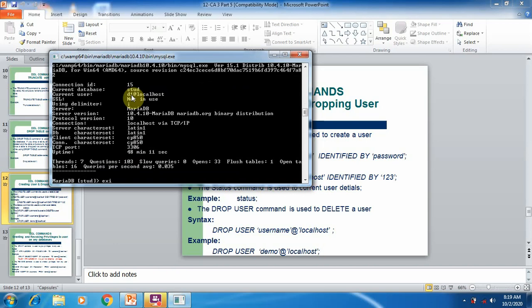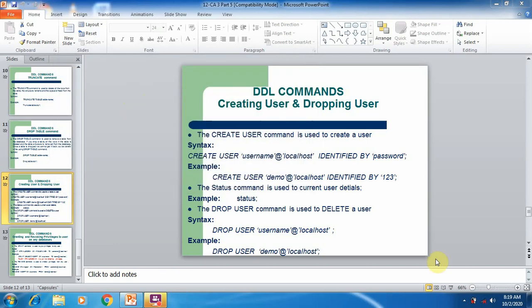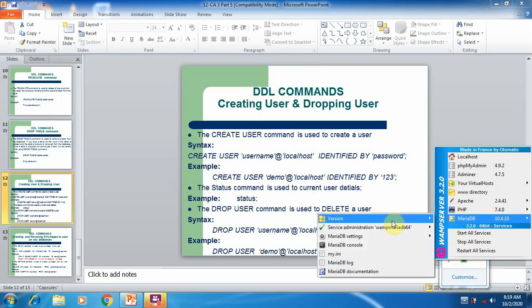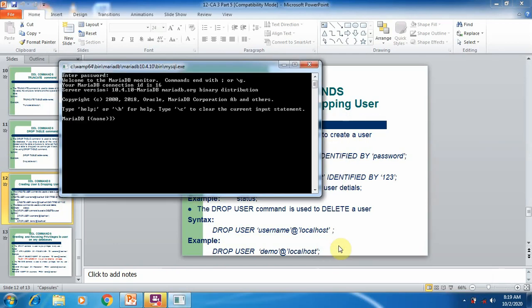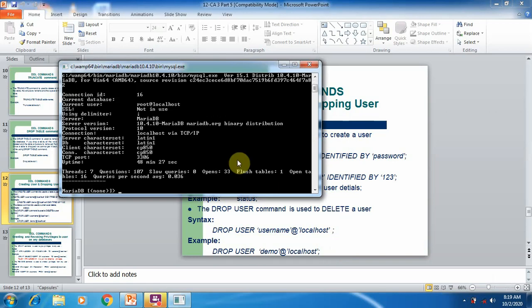So get out from this user, open the root user where we are going to drop a user. So go to the root user, check the user status. Now we are in a root user. Here only we can execute the drop user command. Now I am going to drop the user which we created now, that is drop user D1 at localhost.